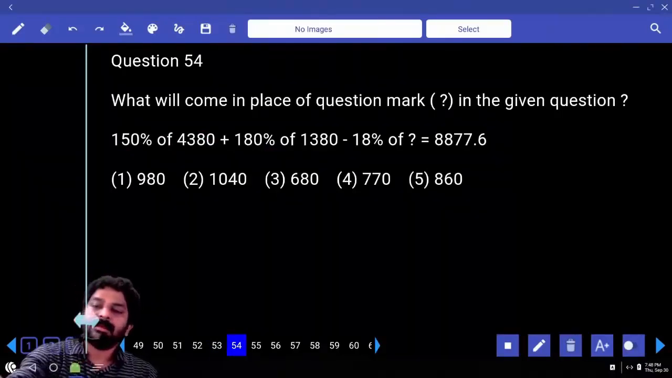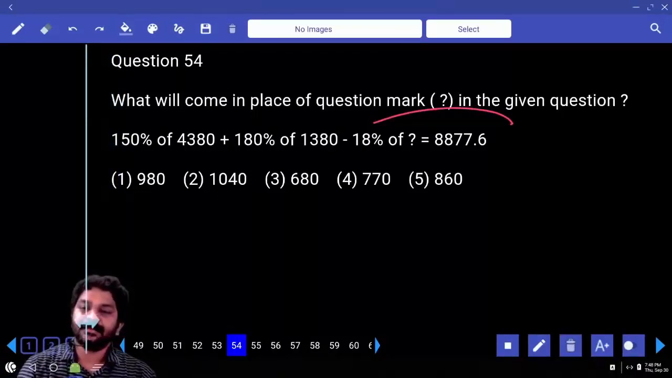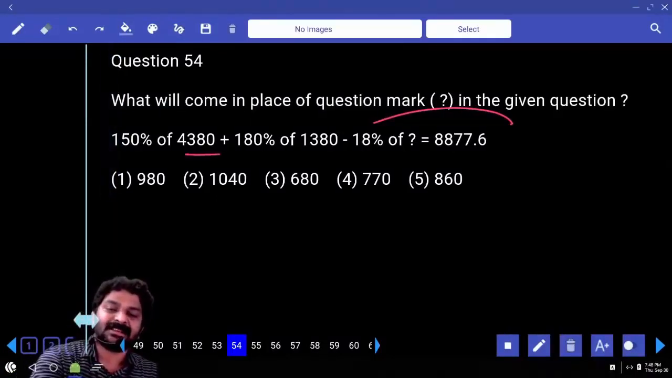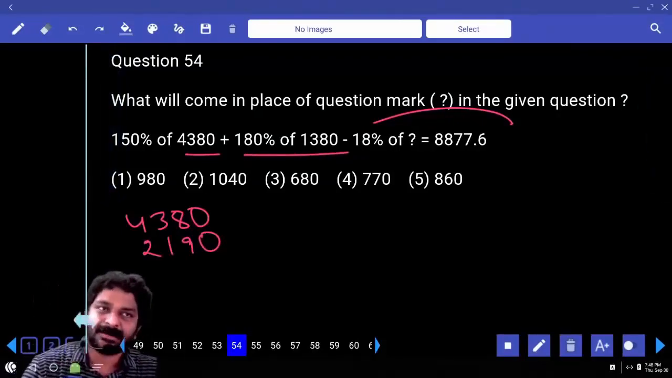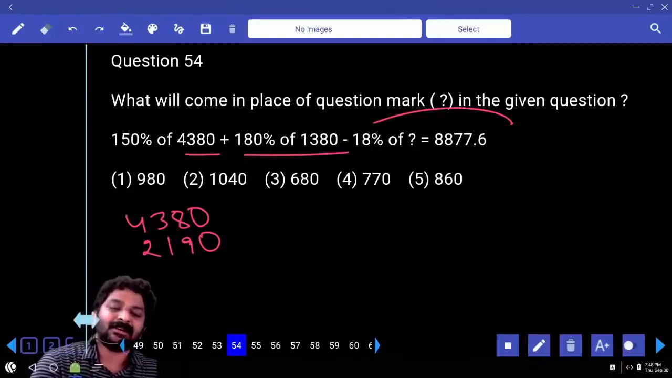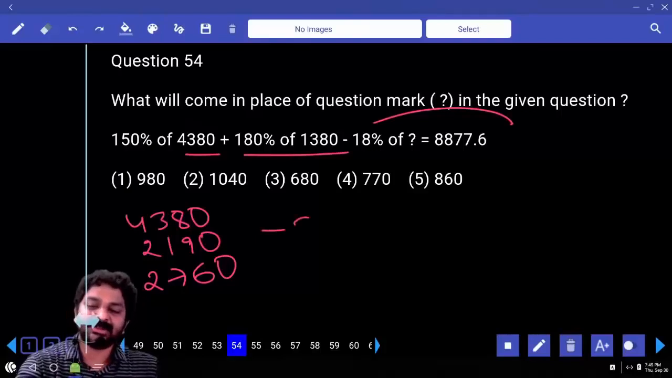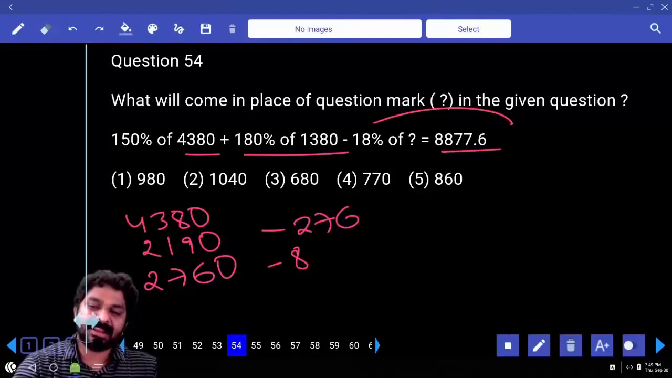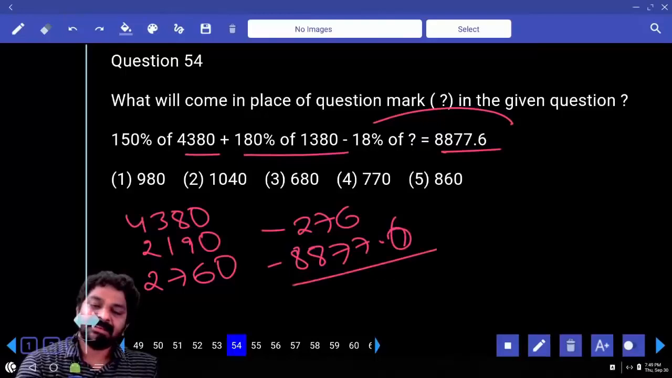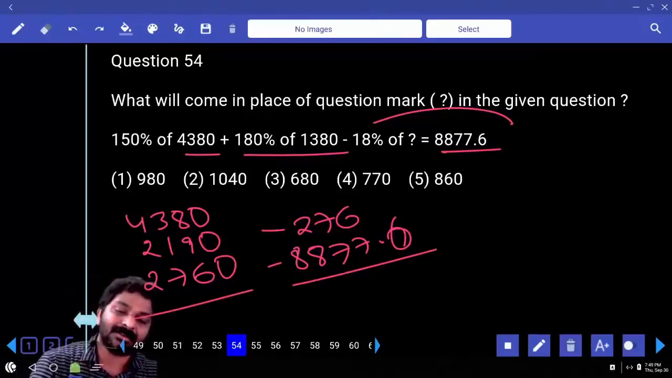Right. Minus 18% goes to the other side. 150% of this number, 4380. 100%, 50%, 2190. Now 180%, take 200%, subtract 20%. Is that okay? 200%, 2760 minus 20%, that is 276. Right hand side number comes to left hand side, that also becomes a negative number, 8877.6. So sum of all three positive numbers,